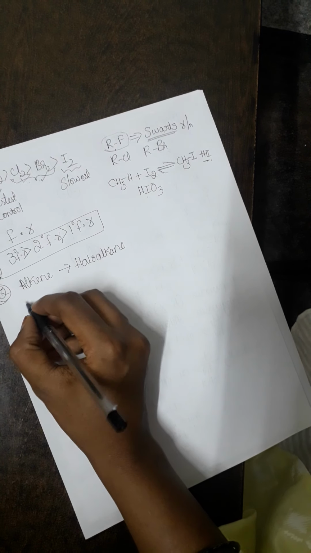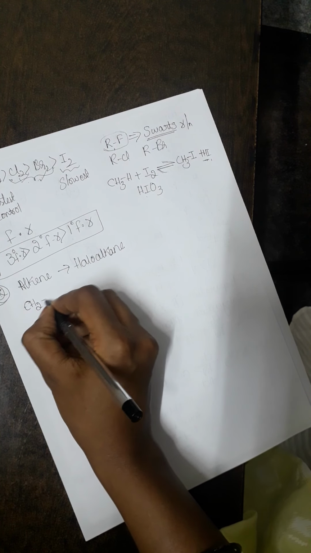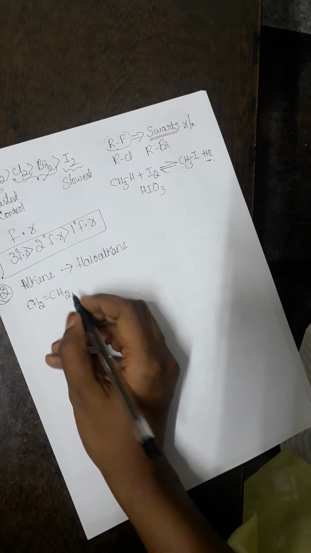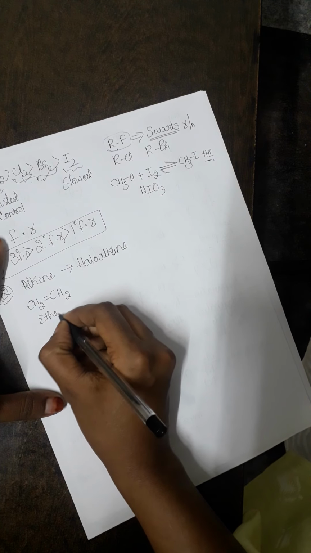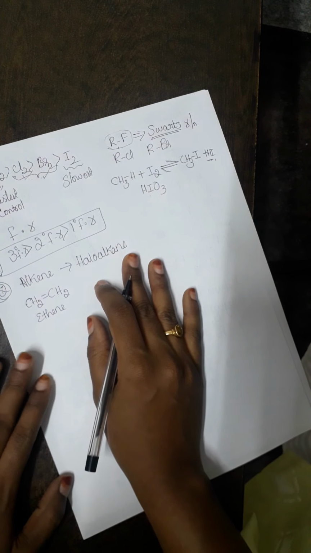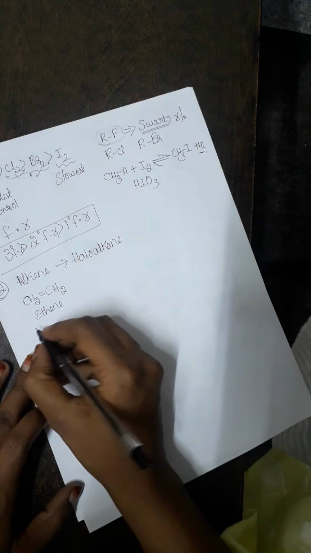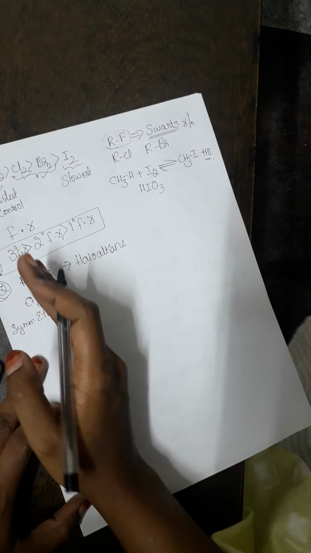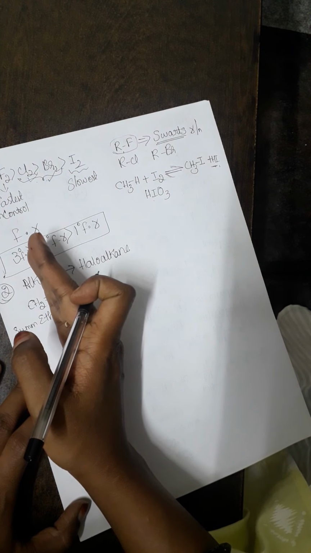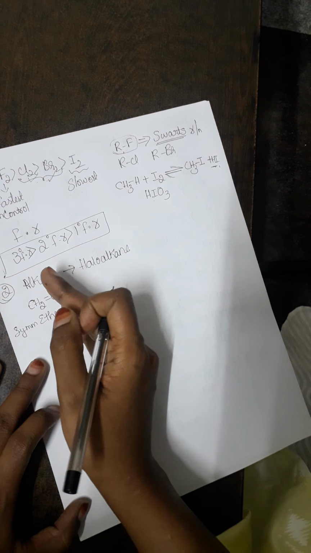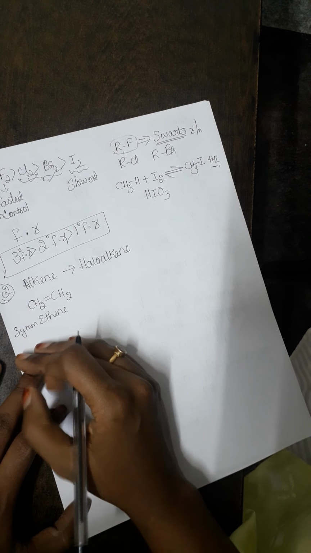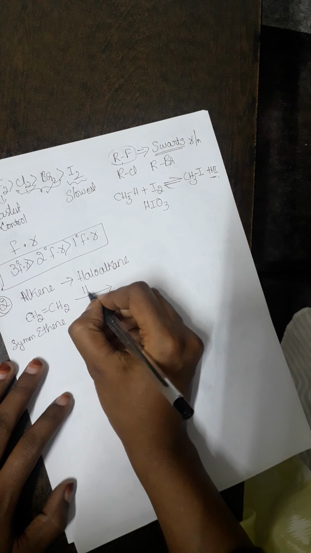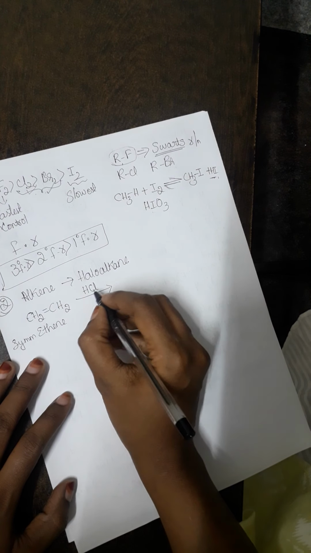Okay. So let me consider the simplest alkene. The simplest alkene here is CH2=CH2. It is called ethene. And this is a symmetrical alkene. Why it is called a symmetrical alkene is, if I place a mirror exactly at the center, I'll be getting a replica. Then it is called a symmetrical alkene. So when the symmetrical alkene is treated with HCl, hydrochloric acid.